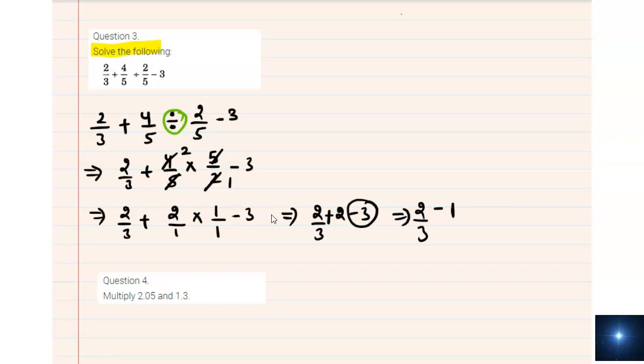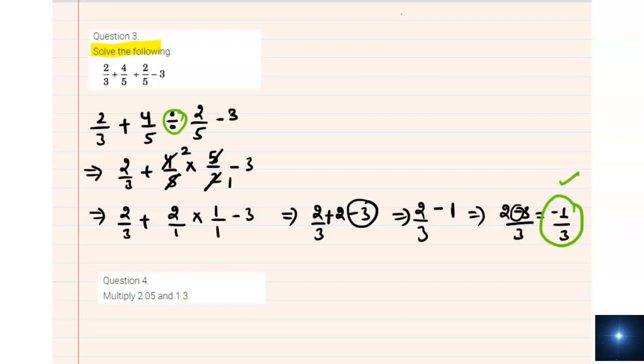Because the 3 has the negative sign, we will put the negative sign there. So after putting this, we will solve it out like this. We will take the LCM on both sides, then it will get turned into 2 minus 3 by 3. Again, the bigger number has the negative sign, so we will use the negative sign. So it will be minus 1 by 3. So this is our answer of this question.